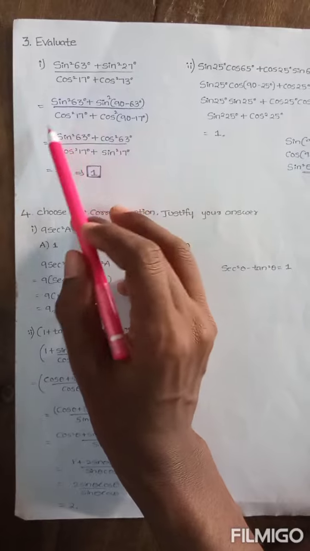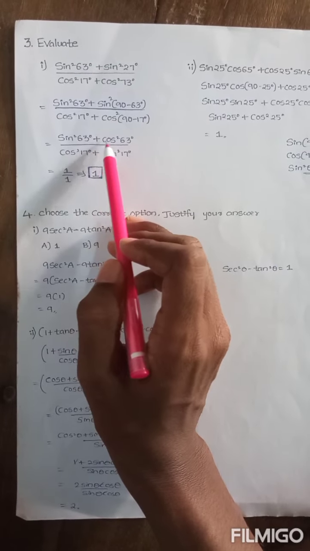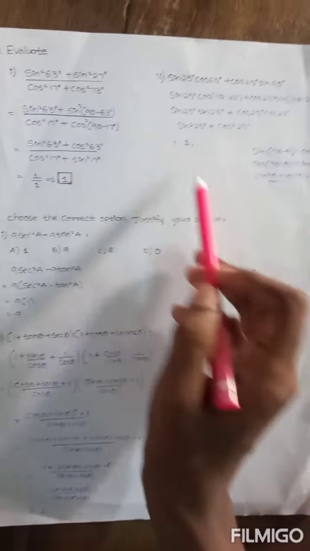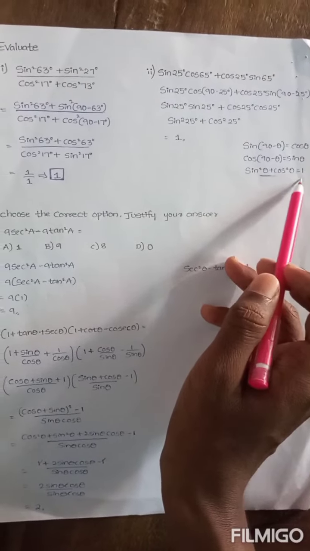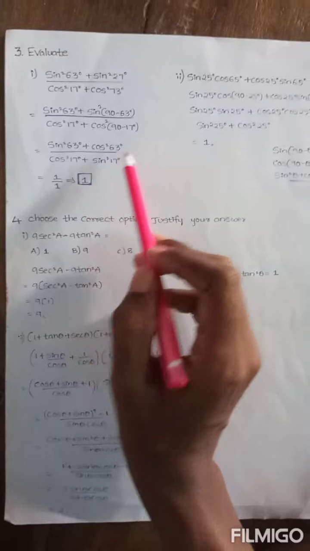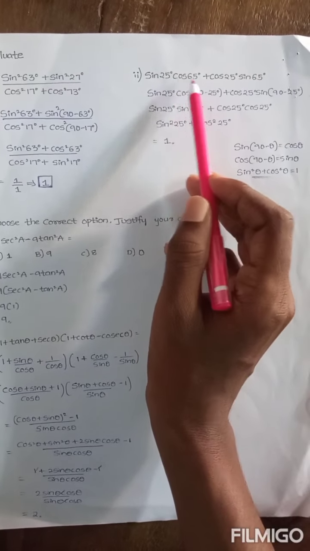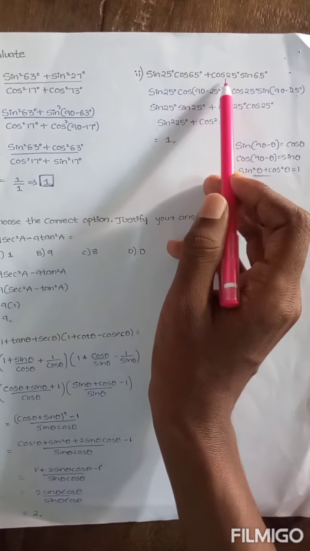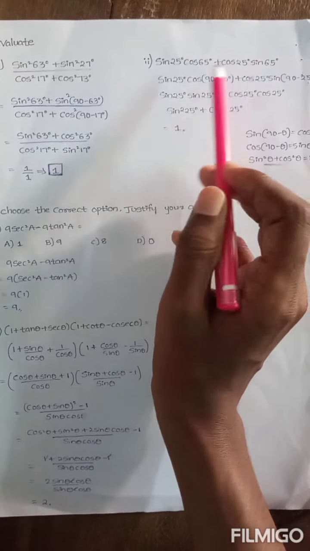And you can see here in the numerator sin square 63 degrees plus cos square 63 degrees, in the form of sin square theta plus cos square theta, which is equal to 1. Therefore that is equal to 1 by 1, that is 1. And the next one is sin 25 degrees into cos 65 degrees plus cos 25 degrees into sin 65 degrees,